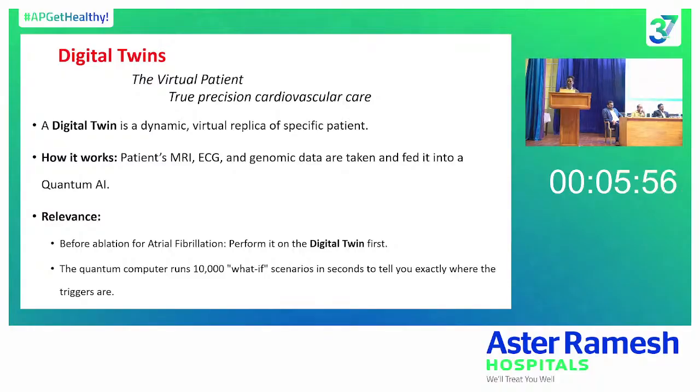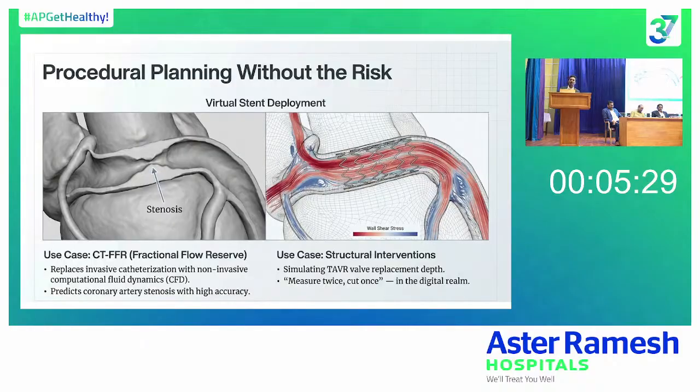And we also have evidence now that though not using quantum computers but with classical computers, artificial intelligence digital twins are made where a what-if scenario is created. Say you have AF ablation which needs to be done. So 1,000 or 10,000 what-if scenarios are made, and you check whether ablation at a specific site, at a specific energy, does prevent the trigger, and the electrophysiologist can just go there and ablate it without any side effects or complications.